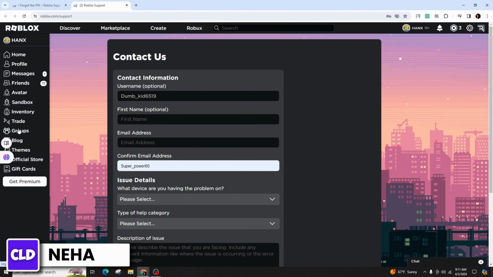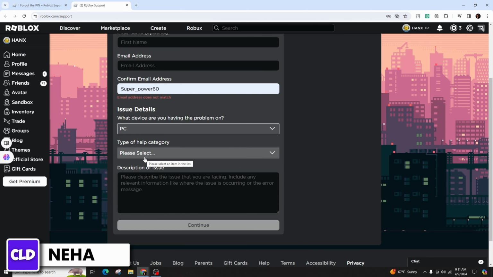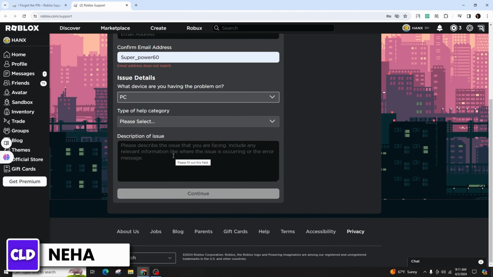and you will be directed to the Roblox website where you must provide your contact details, specifying the device you play on, and select the relevant category for the assistance. Describe the PIN-related issue you are facing and submit the form. Await further instructions through the email, and I trust that this tutorial has assisted you in retrieving your PIN in